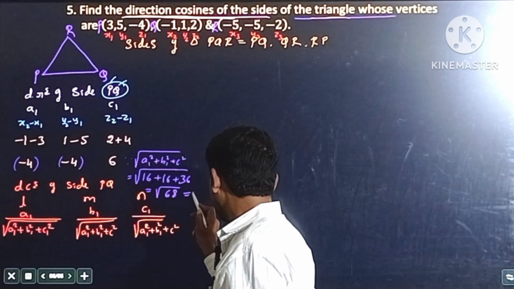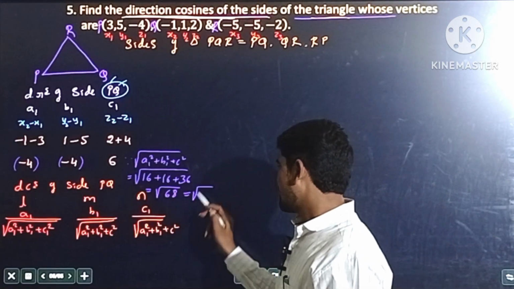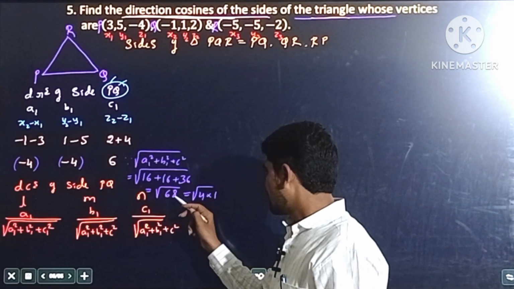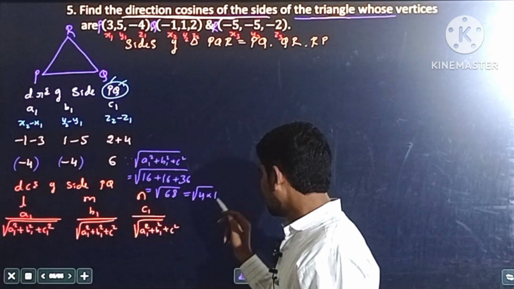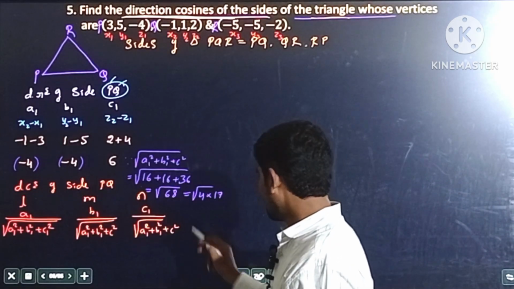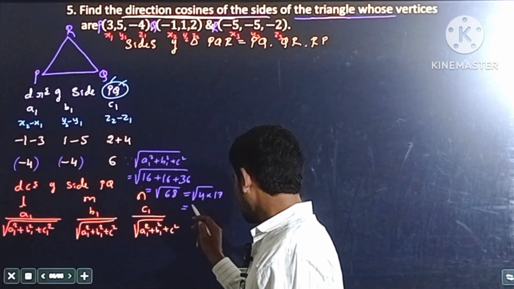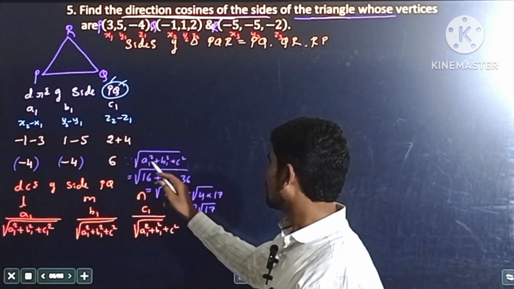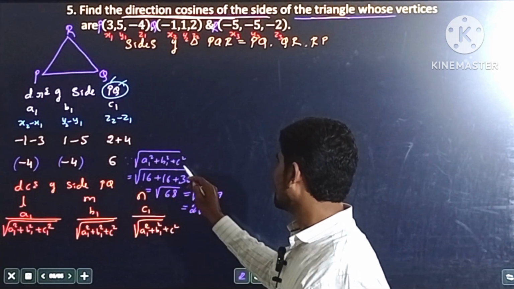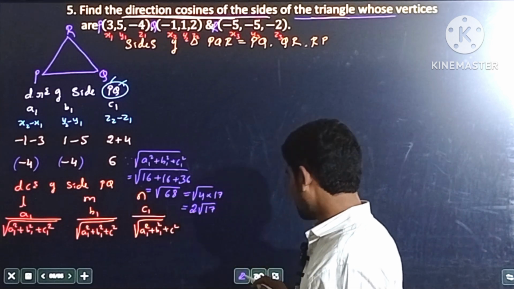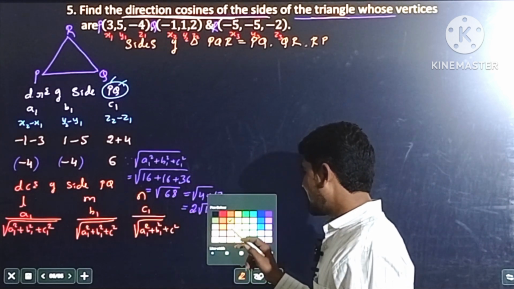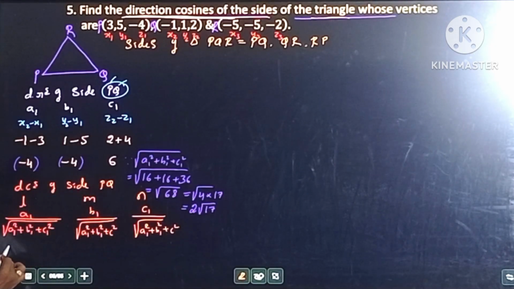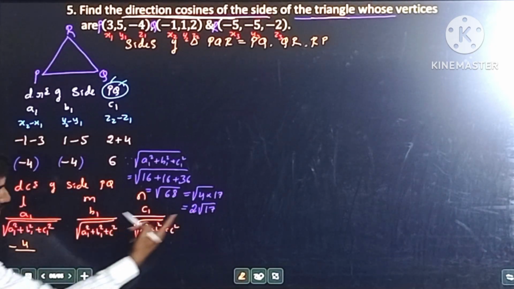And 68 can be written as 4 sevens are 28, so 4 into 17. Therefore, this is the square root of 4, which is 2, into root 17. Hence, the value of root A1 square plus B1 square plus C1 square is 2 root 17. Therefore, the required direction cosines of the side PQ are, A1 means minus 4 divided by 2